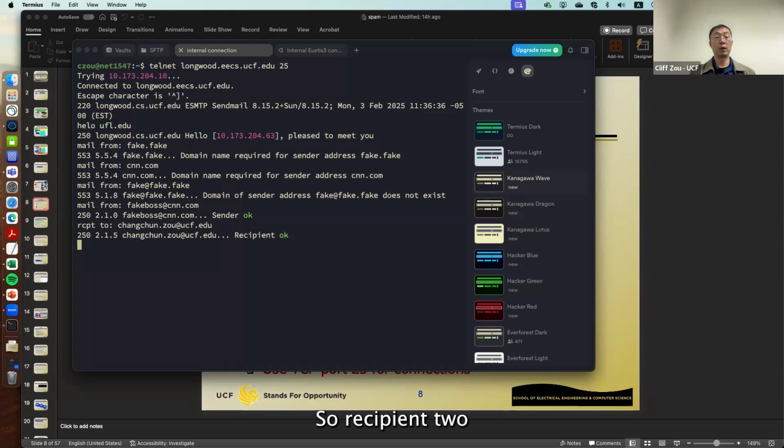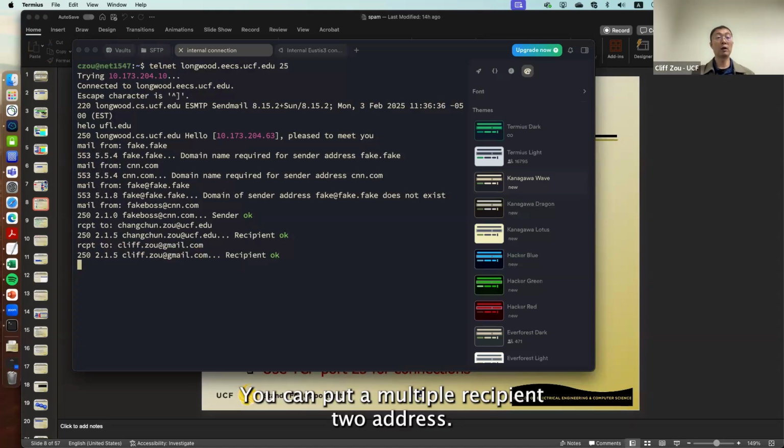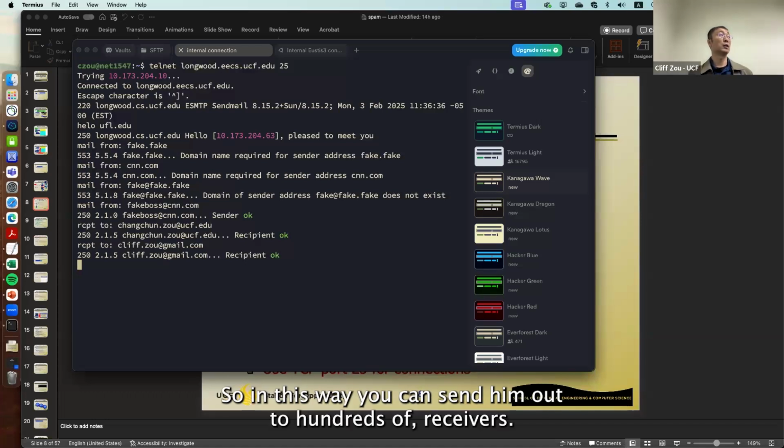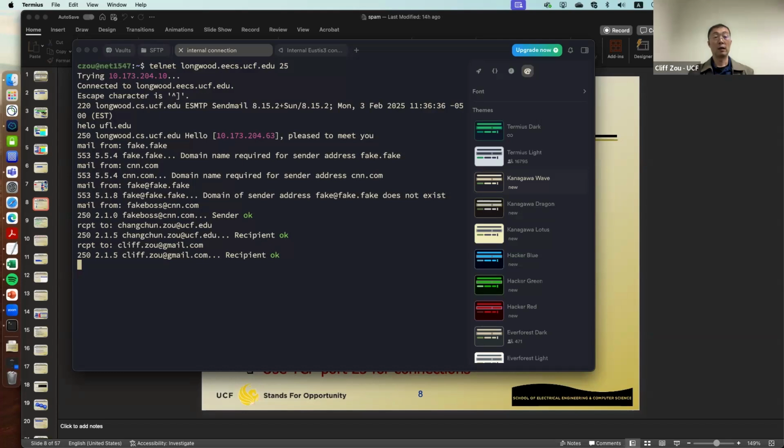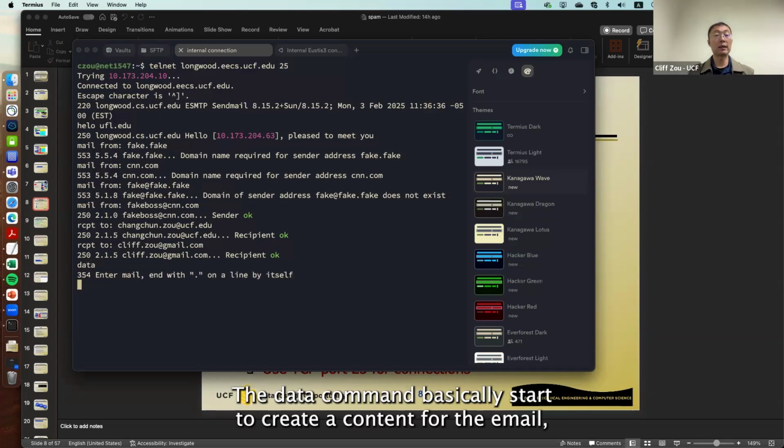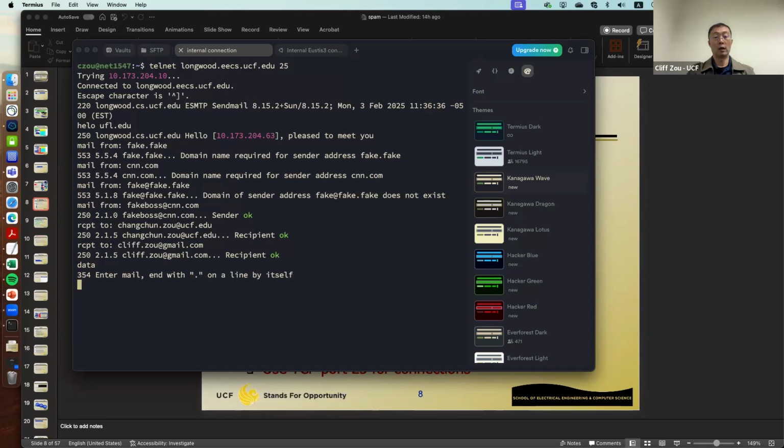So recipient 2, you can put multiple recipient 2 here, like RCPT2. You can put multiple recipient 2 addresses. So in this way, you can send one email to hundreds of receivers. After that, you put the data command. The data command basically starts to create content for the email. The email data part you can have from